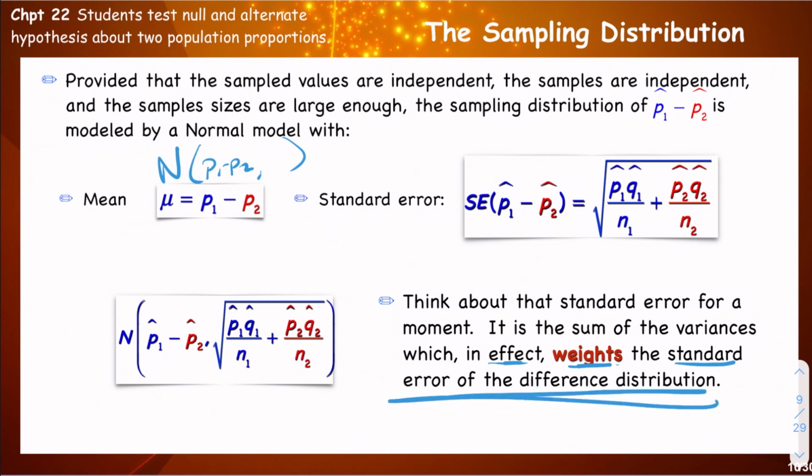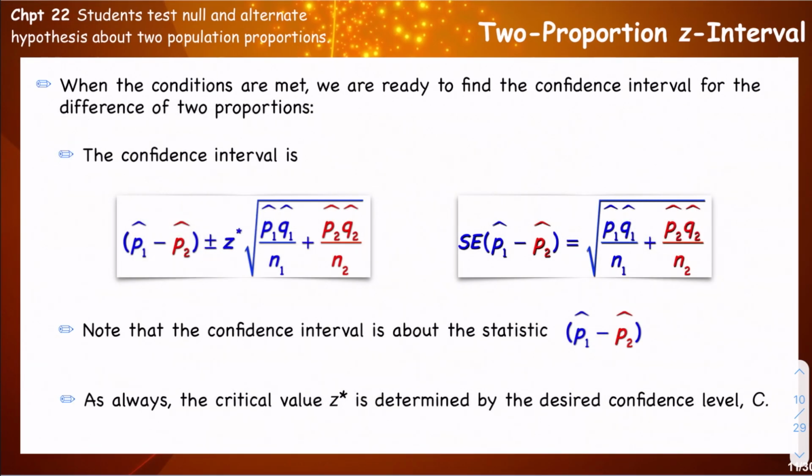It's adding in more variables, so it's increasing our variability. So when the conditions are met, we're ready to find the confidence interval for the difference of two proportions. The confidence interval, as you remember, is our sample proportion. So in this case, it's P1 hat minus P2 hat, plus or minus our critical value, that's still our z-score, and then our standard error of our difference,